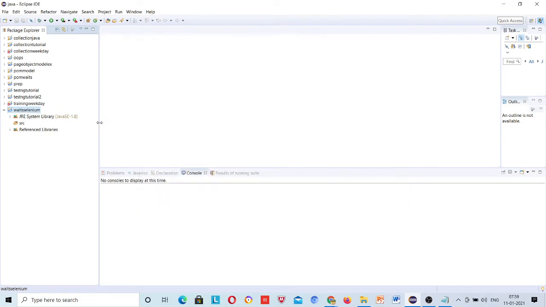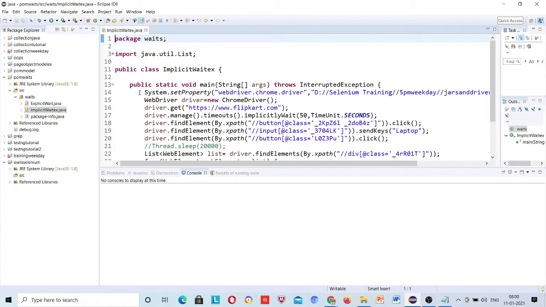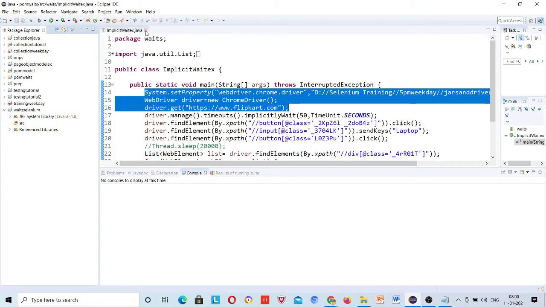Okay, and I will copy code from somewhere. These 3 lines I will copy, let it close.